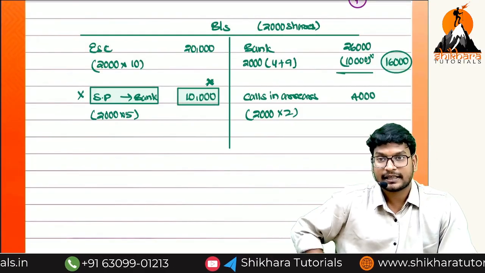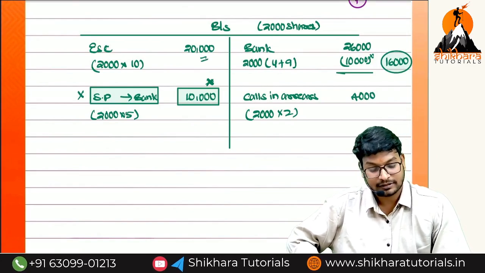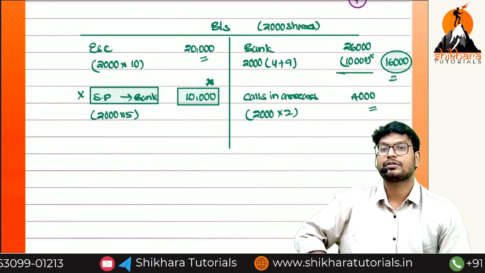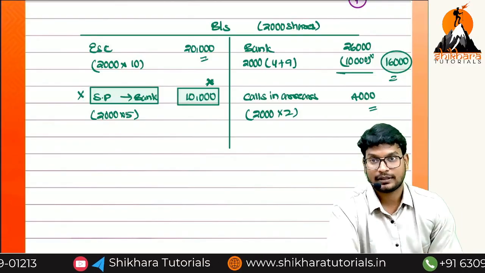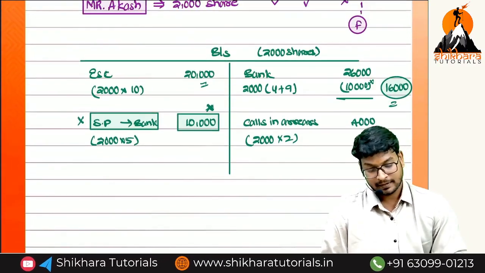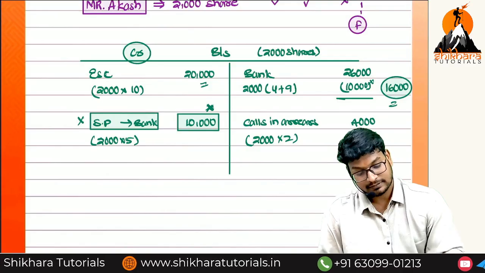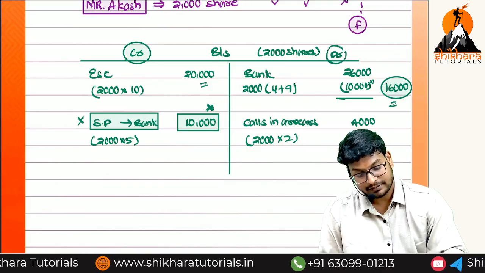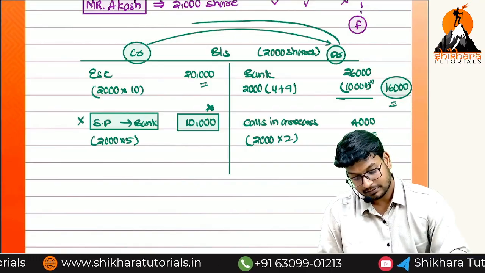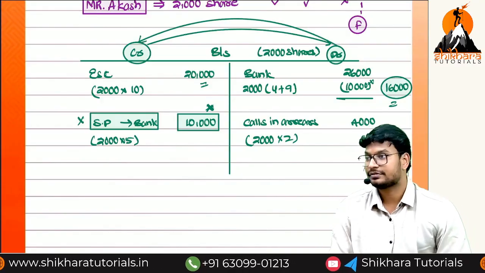Now what is the entry? Equity share capital account debit. That's all. Equity share capital account debit, how much? 20,000. To share forfeiture 16,000, to calls in arrears 4,000. Okay now, we can write the note point afterward. So please take a note of it and we can write the entries. So these liabilities will show which balance? Credit balance, and assets will show the debit balance. So we have to transfer credit to debit and debit to credit. Now we will get the complete picture about the forfeiture of shares.